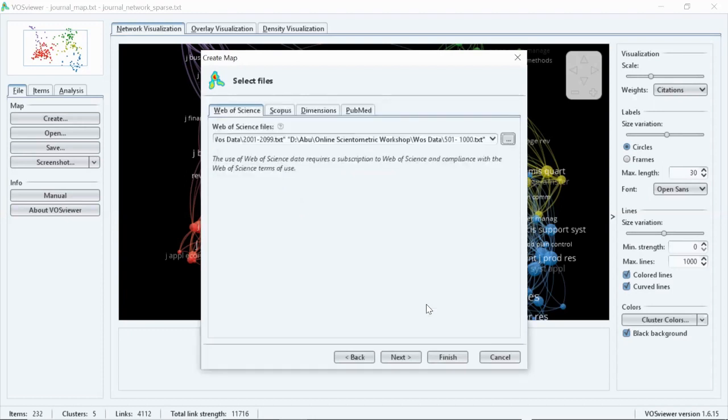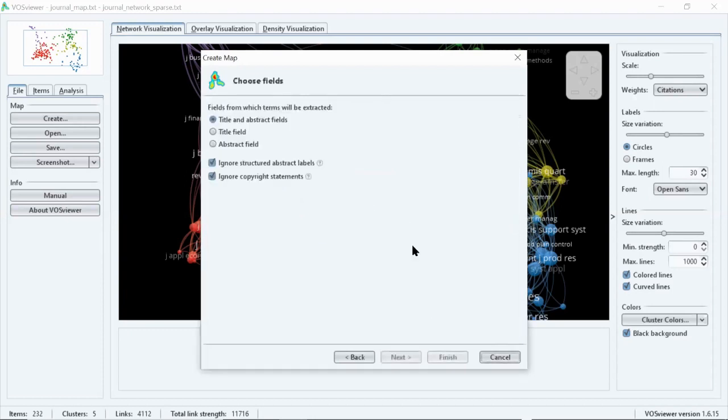All the 5 data have been uploaded, and just click next. So now it is asking for options, field from which terms will be extracted. It is better to extract both from title and abstract field instead of selecting from any one. It's better to get an analysis from both the parameters because it will help you to get a better understanding of the terminologies used by the author. And then again next, we have to go step by step.